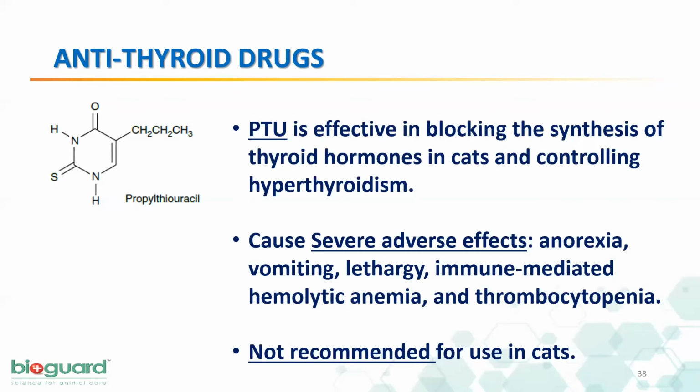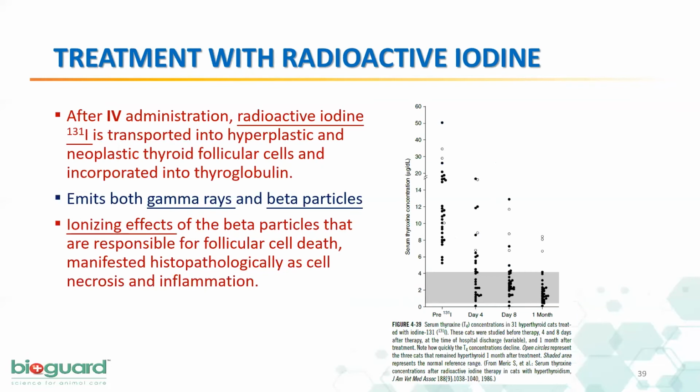Basically, oral treatment is given when the cat has an initial diagnosis or early stage of hyperthyroidism. However, if the case is in a middle stage, then you can go for treatment with radioactive iodine. In this case, we will use radioactive iodine isotopes such as iodine 131, which is administered into the cat's body. After the administration, these radioisotopes will enter the thyroid follicular cells, where they will get incorporated into the